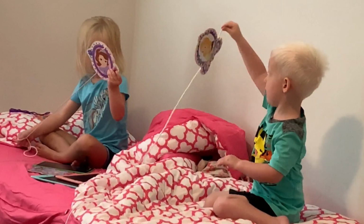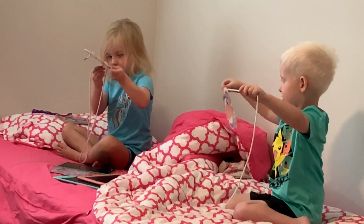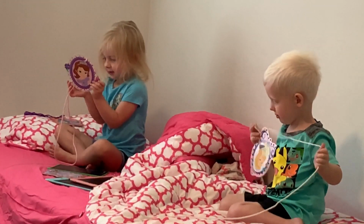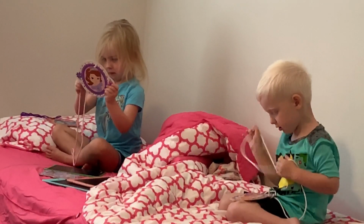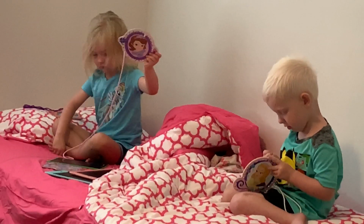I have made one of these. Don't just sew that. That way they don't like see your cross stitch. Because they like to see this. They like to go when we were on cross stitch